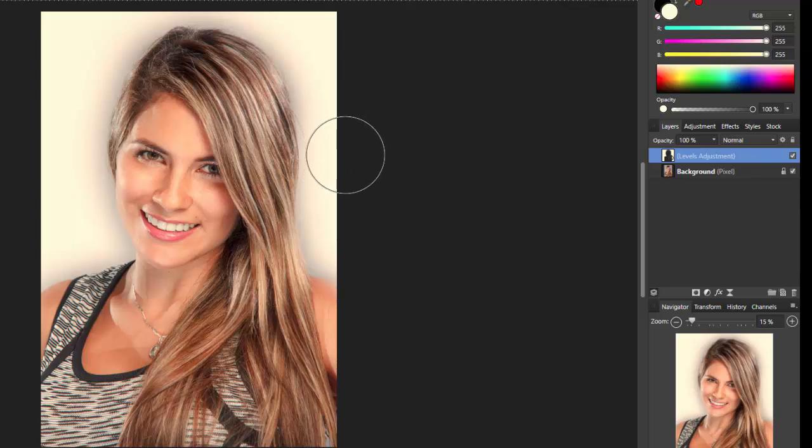I'm going to lower the brush size, and then I'm just going to paint some of this background away that has just crept in. Now obviously I'm doing this as quick as I can for the sake of not boring you to tears watching me do this, but you could take much more time and effort to